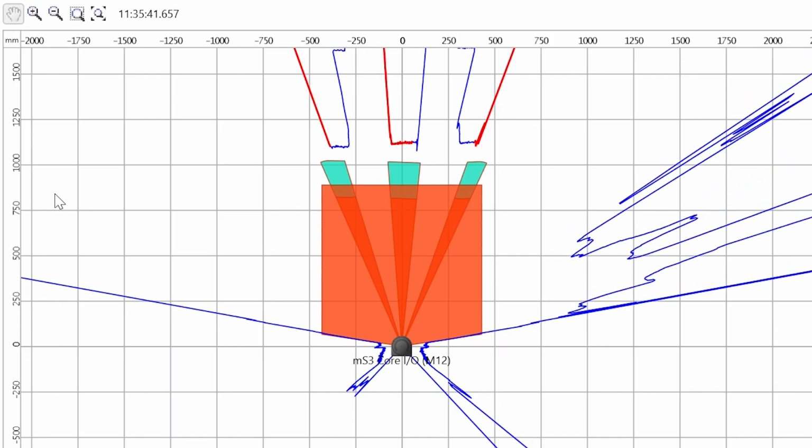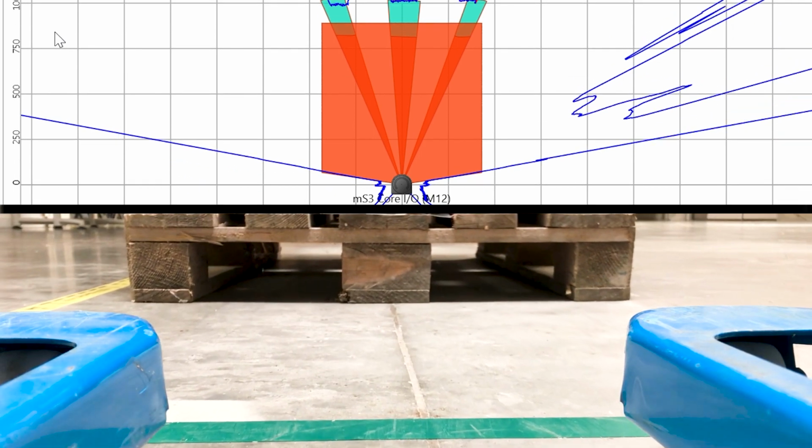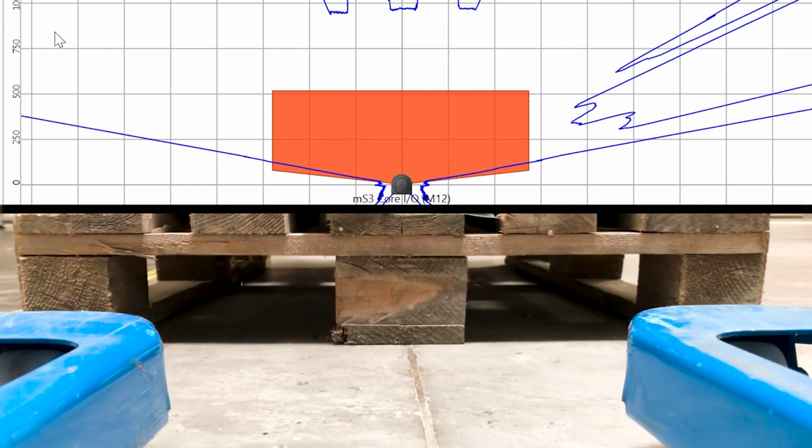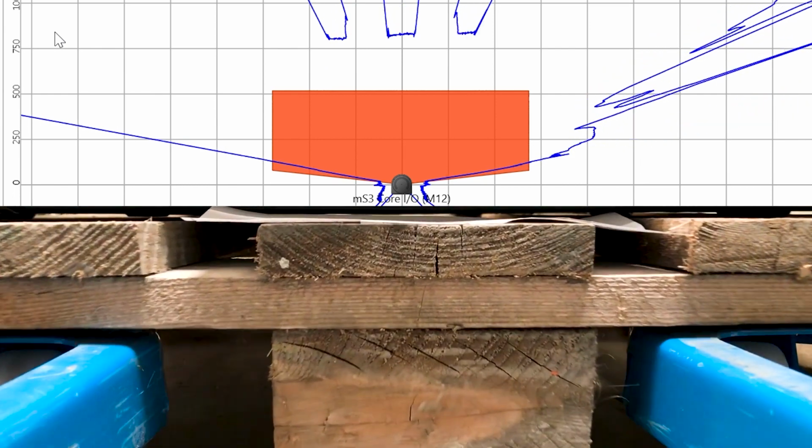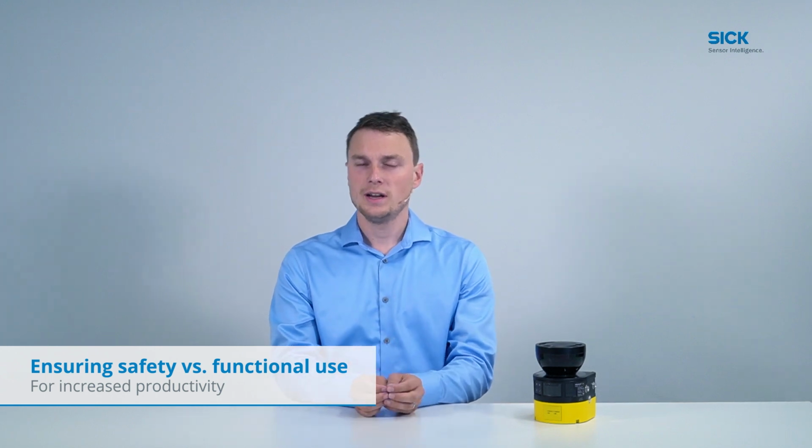So the scanner will detect and recognize a unique contour in the environment, such as the feet of a pallet that a forklift wants to pick up, or the charging dock of an AGV, or a door that should be shut. And certain outputs are triggered and can activate a monitoring case switching in the PLC. So, summarized, both fields look out for a unique contour in the environment, but while the contour as reference field acts as a manipulation prevention, the contour detection field can be used to trigger certain outputs and activate actions in the PLC. So, that's that.